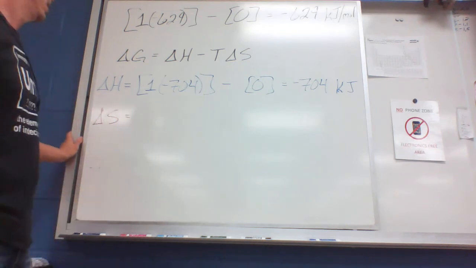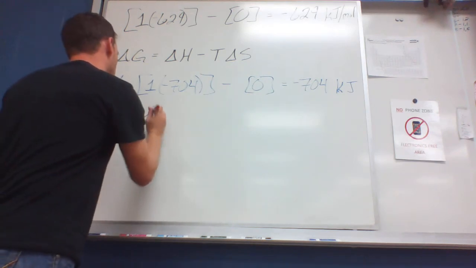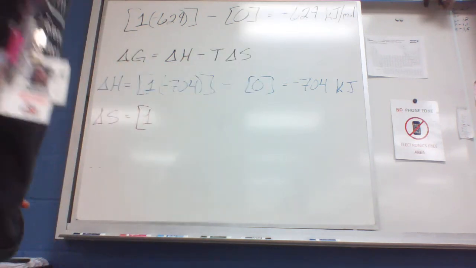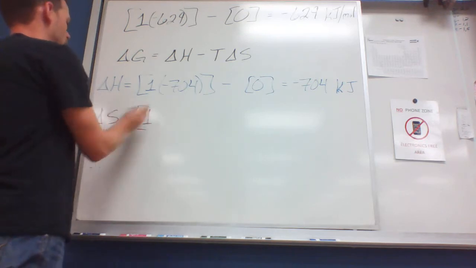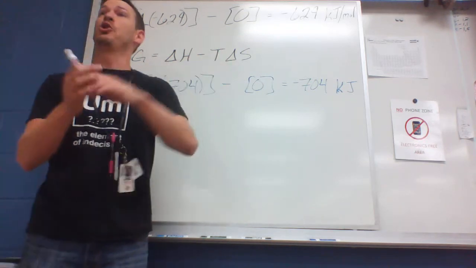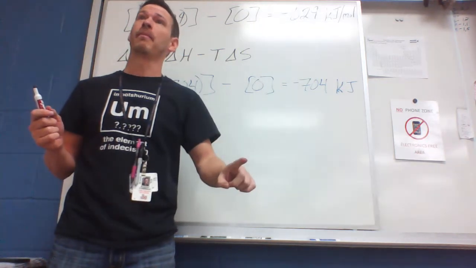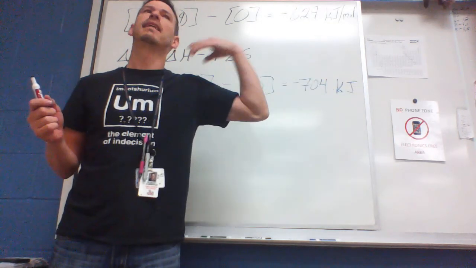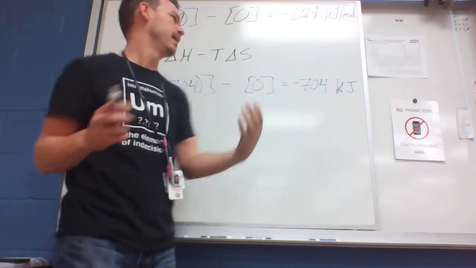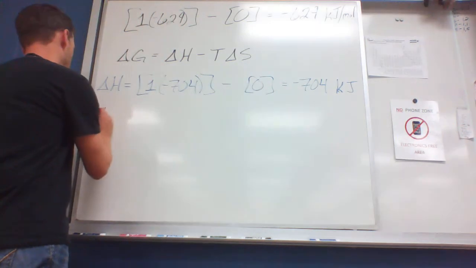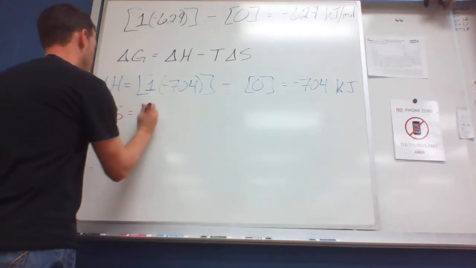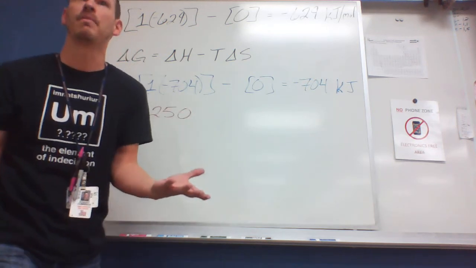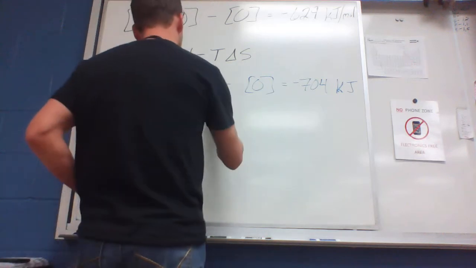Entropy. Again, we've got only one of the product, and it's got an S value of 111. Oh, wait, we don't need to do this. Sorry, I lightened our time. I want you to glance back to our first example from today. We already did this. I used the exact same reaction. What is our change in S? Negative 250. I did this to save time because we can only do Big Mama so many times and have it mean anything to your brain.